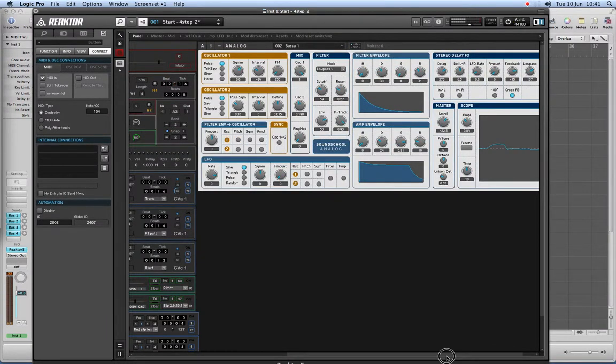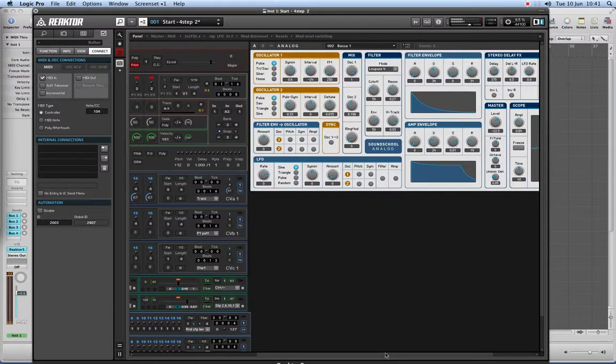Right, we'll look at automating the cutoff frequency, which is that control there, and we want to find out if it's been assigned a controller. So highlight that, up to properties and connect, and we can see that the MIDI in's ticked and it's assigned to controller 70. So down to our LFO, we'll use this one here,